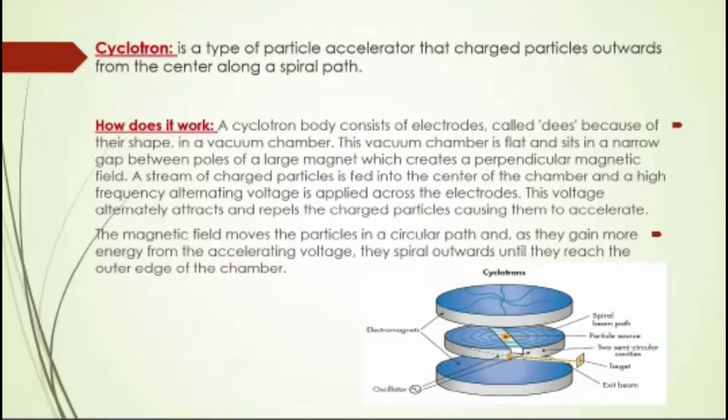As we see in the picture on the downside, we have in the middle the two Ds. We call them D1 and D2. In the middle we have the particle source. The magnetic field is perpendicular. The particle source has a negative charge, so D1 will take the negative and D2 will take the positive charge. The negative will push the particle into the positive, then it will alternate. D2 will take the negative and D1 will take the positive. So D2 will push the particle into D1 in the circle way until it reaches the